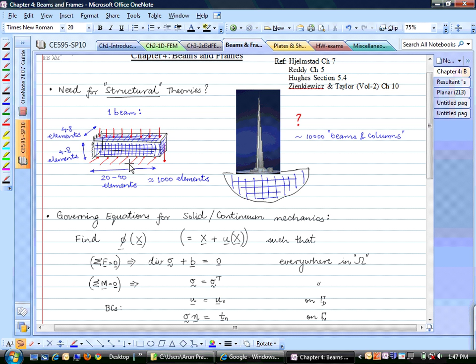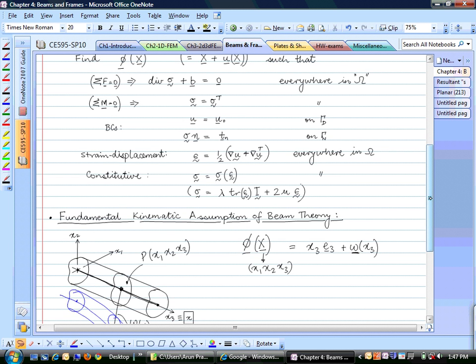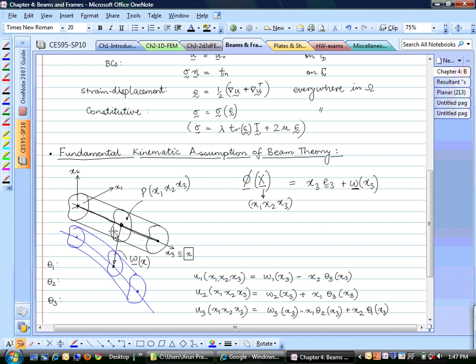So this is a fundamental assumption behind beam theory, that plane sections remain plane. Not only do they remain plane, they remain rigid. The points inside the plane do not move with respect to each other. So if we are considering a rigid cross section and want to find out where a point P goes in the new configuration, it can be written as the displacement of the centroid plus